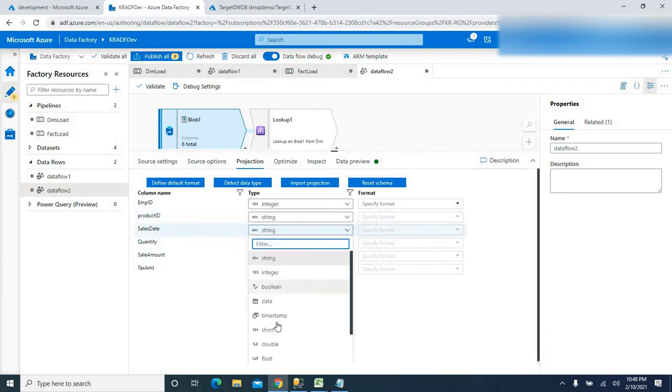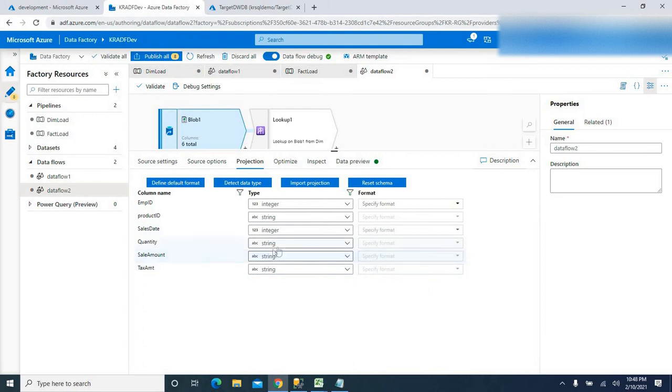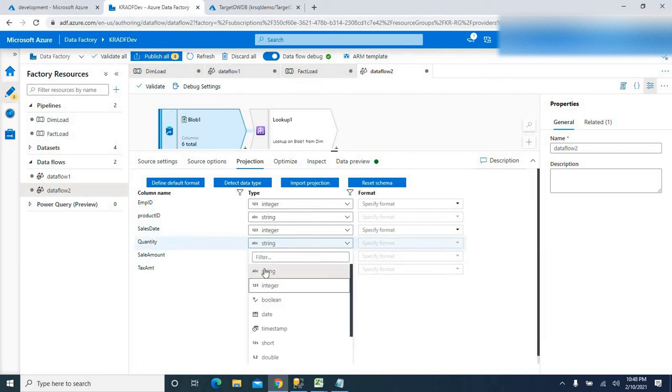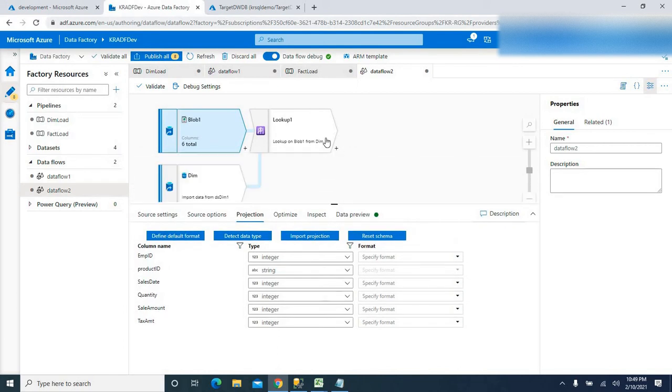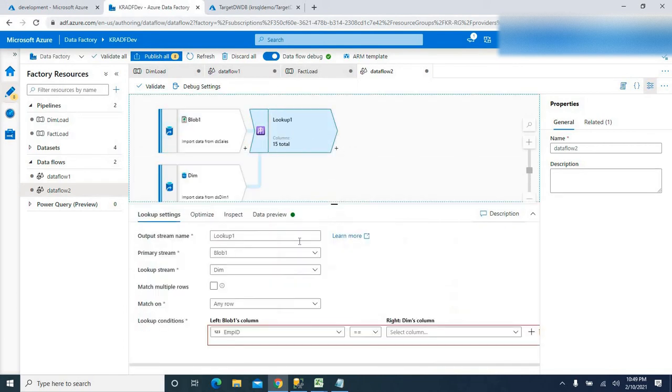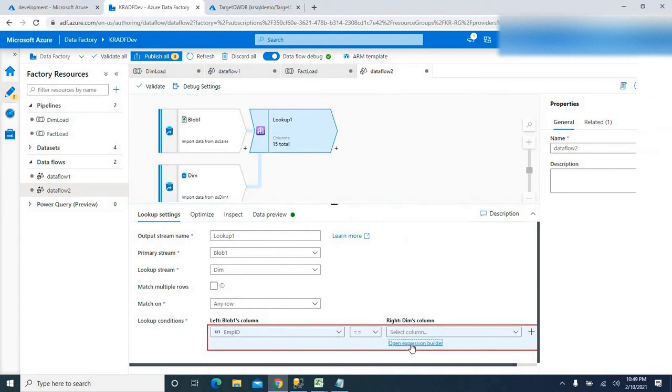Sales amount, let me convert to integer, and quantity again integer. Sales date again integer because it is in this format, that's okay. Sales amount is gonna be integer, tax amount again integer. Fine, that's it. We are done with our data type conversion as well.